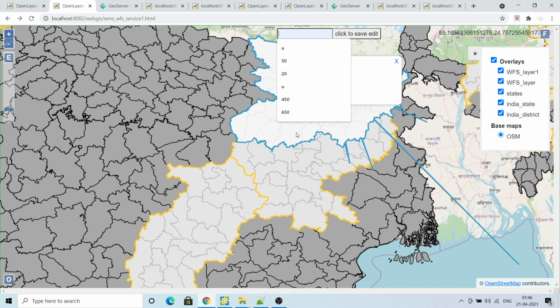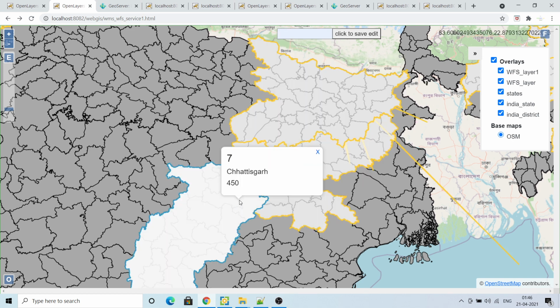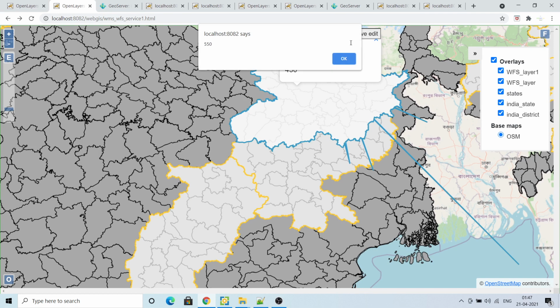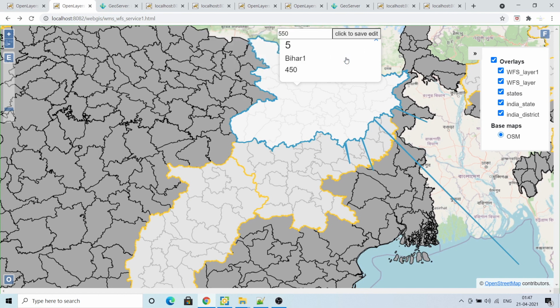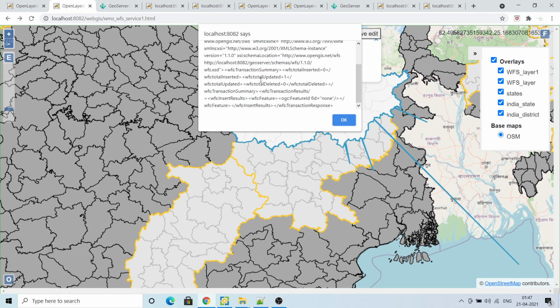As you can see, right now if I'm clicking anywhere, this 450 value is coming for every GID for these features. Now I will modify this also. I will write save edit. Now it will give you the response of all the features. Yes, this is the server response coming. Updated, as you can see here, updated 1, deleted 0. So it has updated. Now all the features will update one by one.